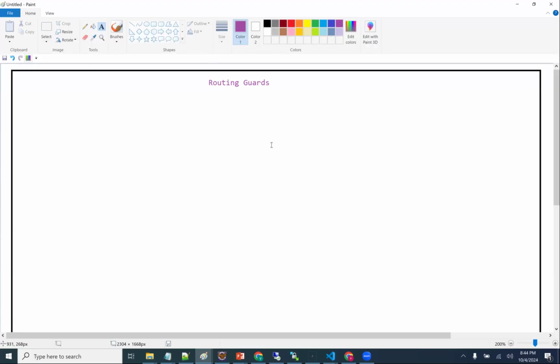Routing guard, bodyguard. What can we understand, guys? Exactly. Protection. A bodyguard is a protection, right? Bodyguard or routing guard is a protection.